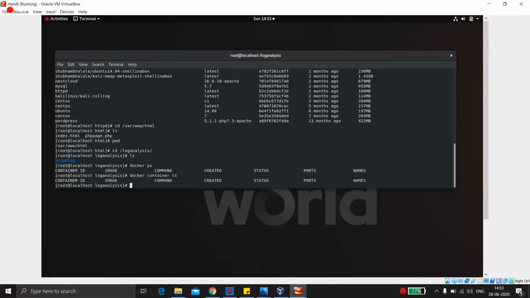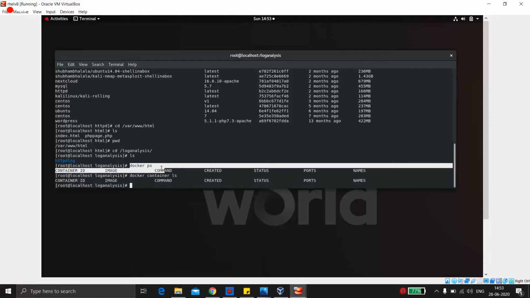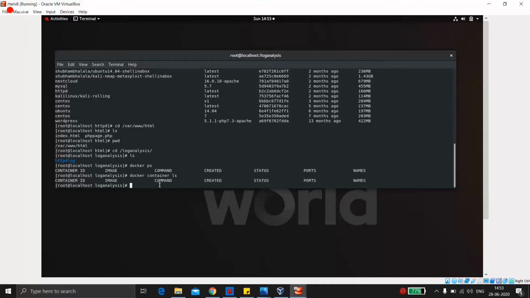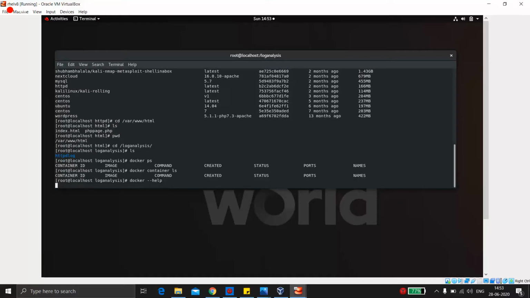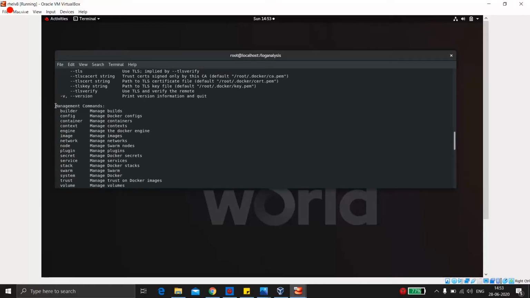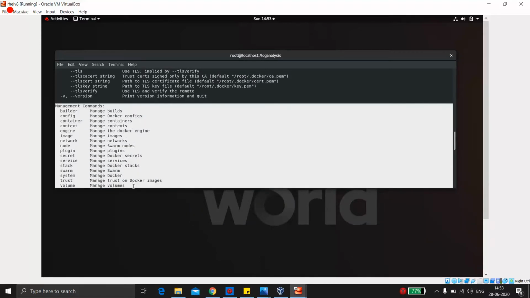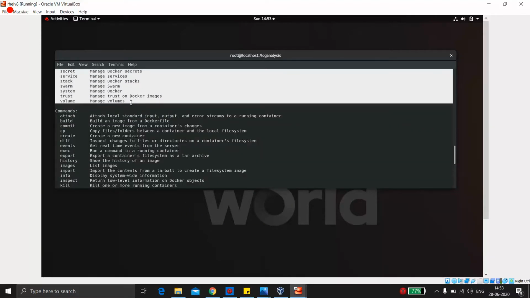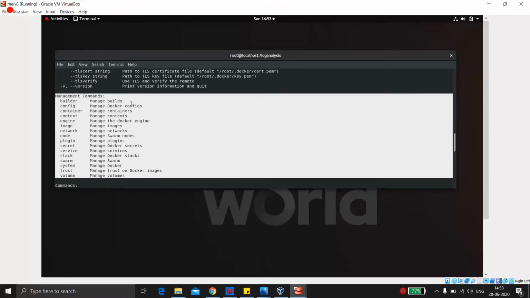In the previous versions of Docker, they used commands like docker ps or directly docker run, etc. But in the newer versions of Docker, they have added management commands. If you want to see, you can see it with docker help. You will have a menu list with management commands here. These are all the management commands that they have put up in their latest versions, just to manage the services or the platform very easily.